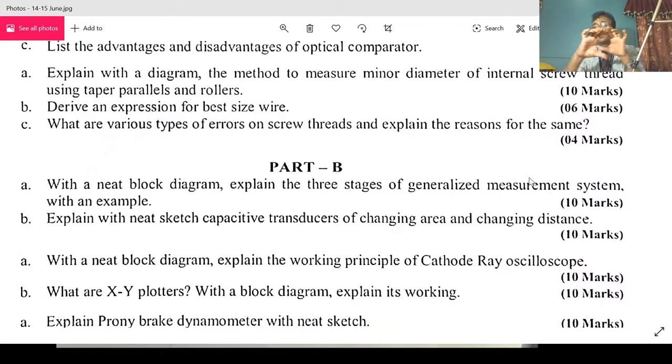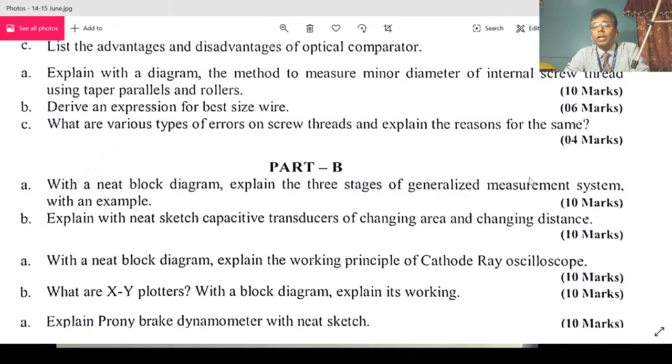Next, with the neat block diagram, explain CRT, cathode ray oscilloscope. We have seen the functioning, and we have seen the animation of the cathode ray oscilloscope. Please go through that. Next, XY plotters. We don't use XY plotters nowadays, but we have got high-end printers, LaserJet printers, fast printers. So we seldom use XY plotters, but nevertheless you can go through that XY plotter sketch